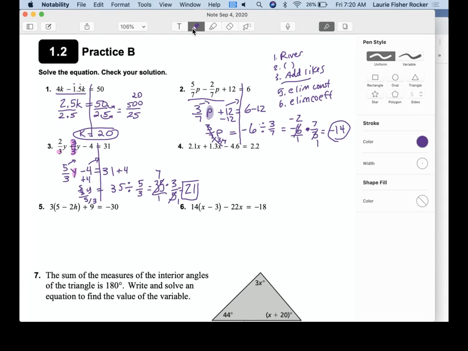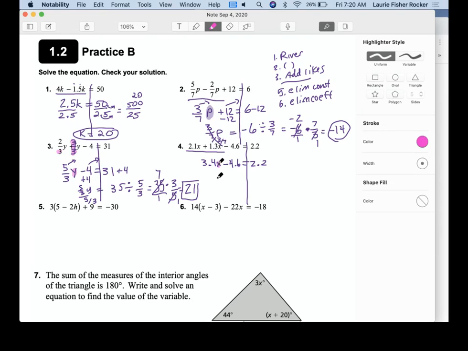Okay, so now I've got this next problem, so I'm going to draw the river. Got like terms, so 2.1 plus 1.3 is going to be 3.4x minus 4.6 equals 2.2. And I'm going to do all this math, 1, because that stupid calculator wasn't working, but 2, because I don't need that calculator. I don't need no stupid calculator. Okay, so